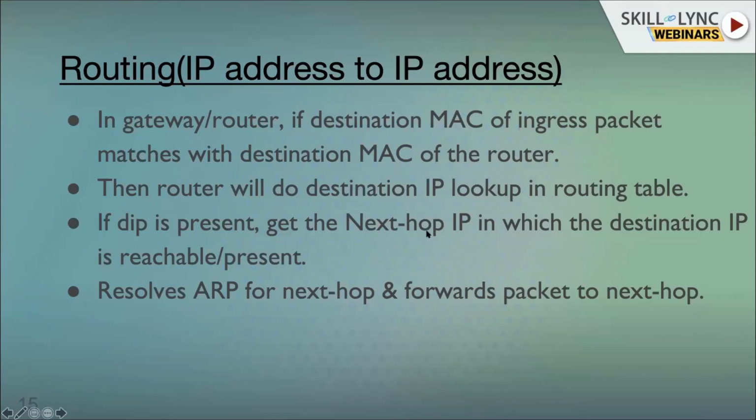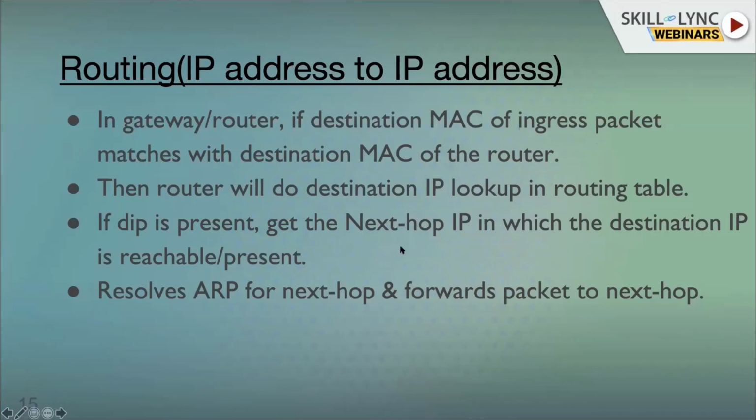Once we find that next hop IP, this is like in network 1, this router is there. Network 2, we need to send out. In network 2, we need to find out one device. That's what we call the next hop. So this next hop will be present in network 2. So again, to send to the device in network 2, we need to find out the ARP for that next hop.